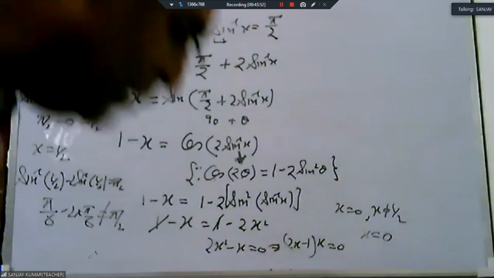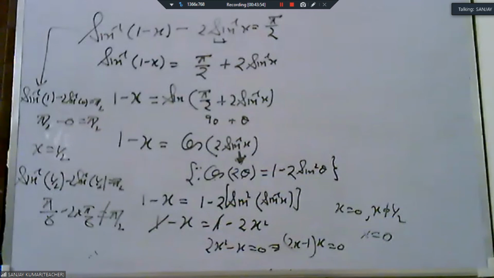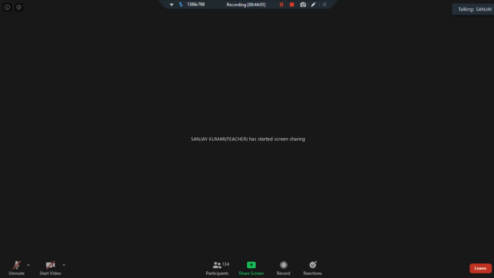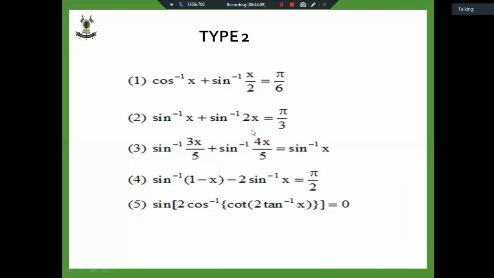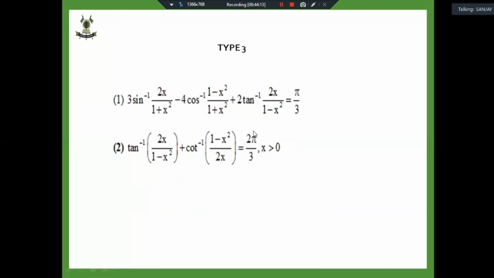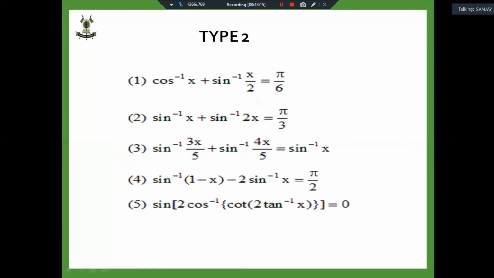Okay, so please see, because time is over, please copy this question. Now I am giving homework to you. Please note down the homework. This is very, very important. Please copy down this slide because this is the main thing. You copy this down and this we discuss in the next class. Type 3 we discuss in the next class. Okay, this is type 2.